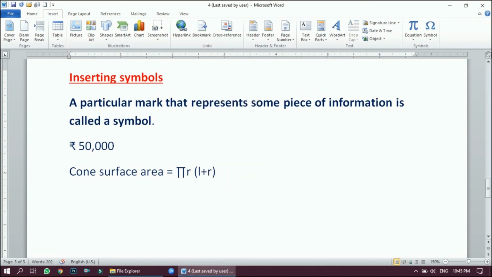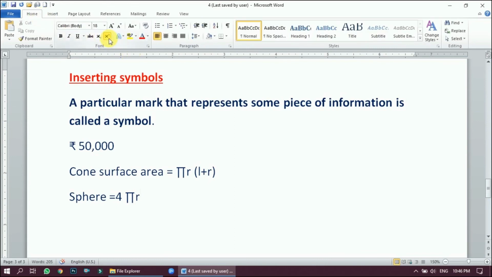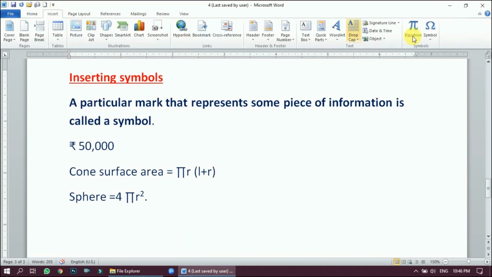For example, I want to write the surface area of a sphere, right? So the formula is equal to 4. Now I'll go in the symbols, pi, r, now superscript in the home tab, I'll write 2, click it back, and that's it, right? So this is how we can insert the symbols from the symbols group in the insert tab, right? So this is very easy. You can use it while writing your equations of physics and chemistry or mathematics, right?